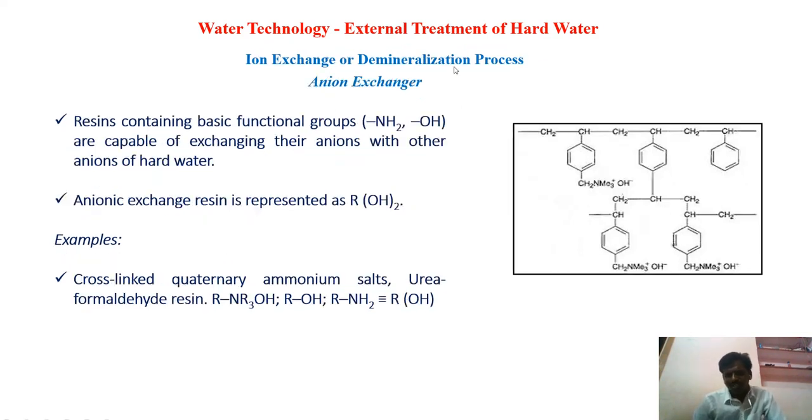The next one is the anion exchanger. These anion exchangers also have linear polymer chain resins. These resins have OH minus ions with the functional group. Here the functional group is a quaternary ammonium salt. This quaternary ammonium group contains OH minus ions. Those OH minus ions can be exchanged with the negatively charged anions of water. That means the OH minus ions will go, and the chlorides or sulfates will get accommodated. That is called an anion exchanger resin.